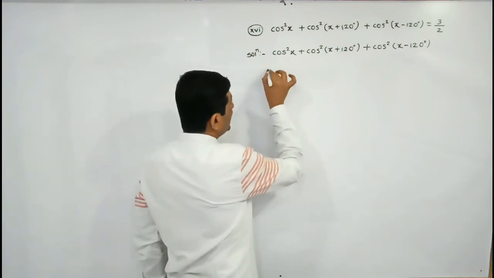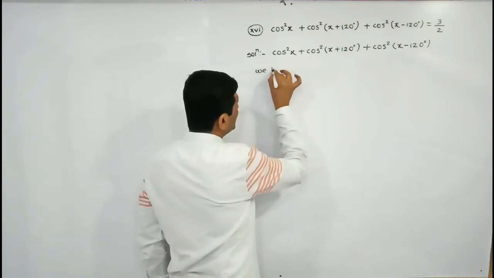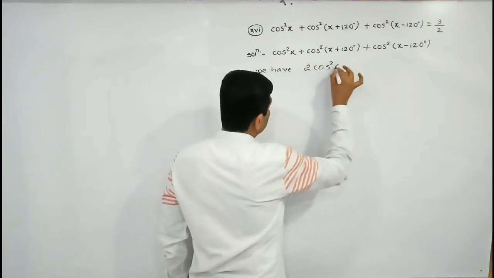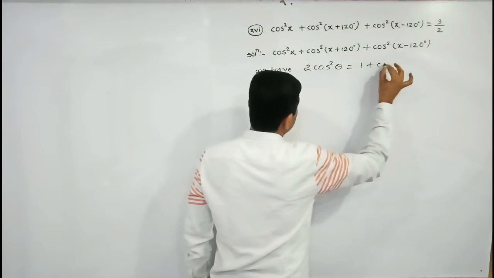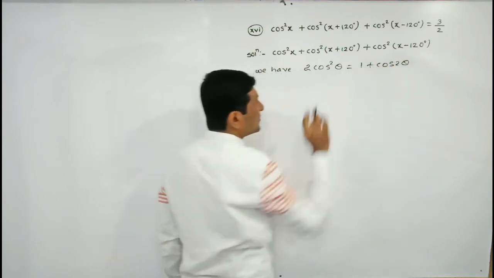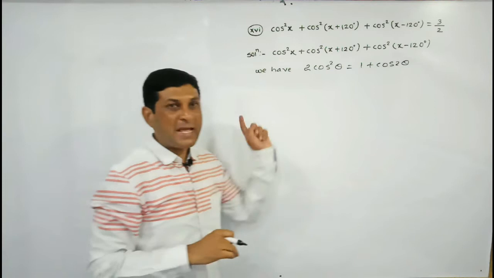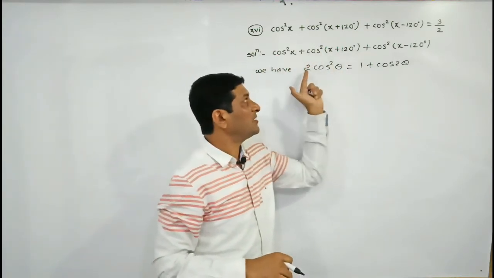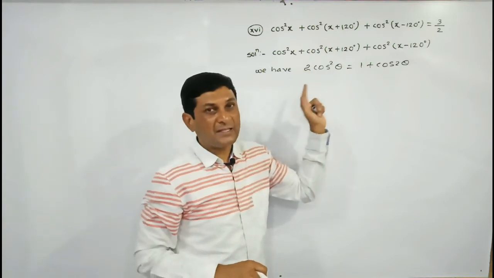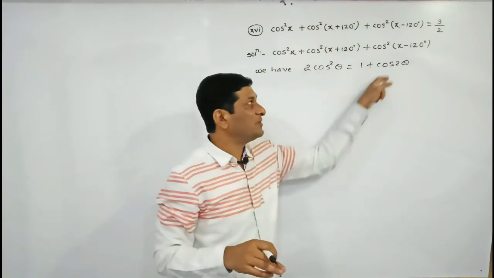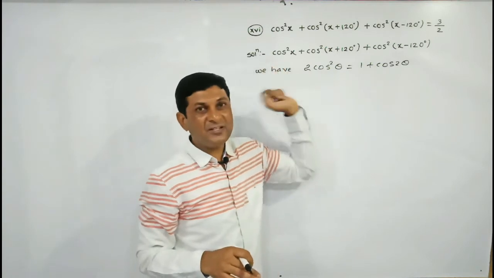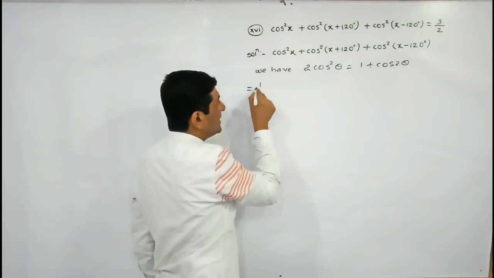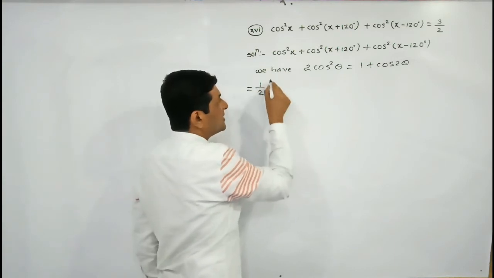We have one formula that 2 cos square theta is nothing but the value of 1 plus cos 2 theta, according to the double angle formula. Means to apply this formula here we will require 2. Here terms of cos square are already there, but we will require 2. So two possibilities are there. Either shift these 2 on this side, or a better way, arrange the 2 here. So to arrange the 2 here, I am dividing by 2. And since I am dividing by 2, that's why I am multiplying by 2.